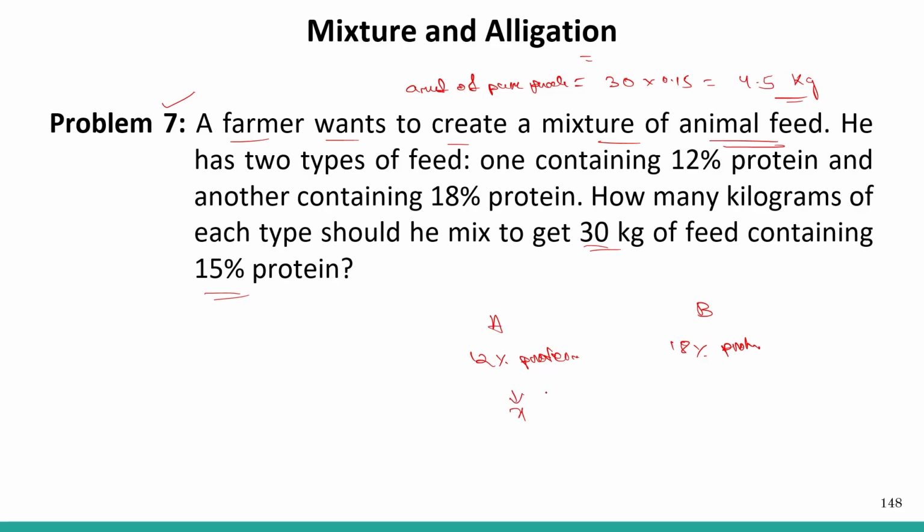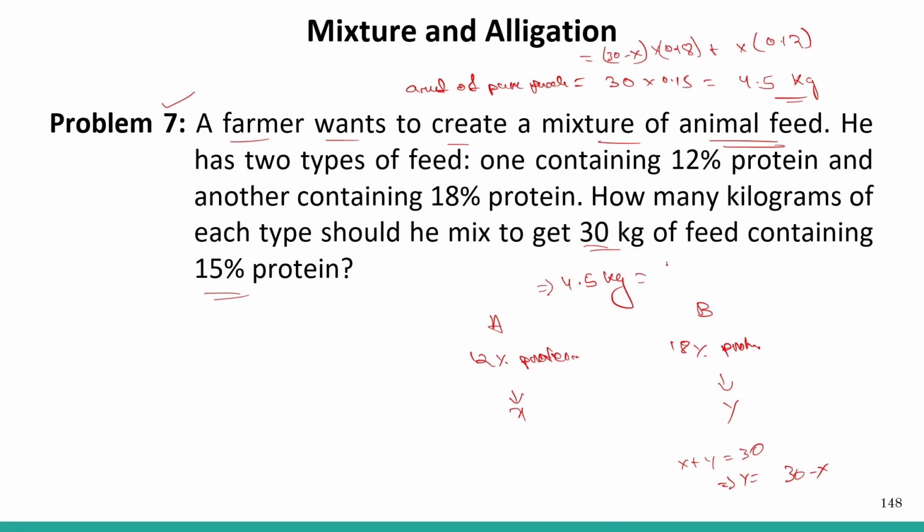So let me have x amount from A, and from B let it be y. But given that the whole mixture must be 30 kg, x plus y is equal to 30. This implies that y is equal to 30 minus x, right? So 30 minus x into 18% protein, that is 0.18. So this much added with x into 12%, so 0.12, right? So solving these two, what we are left with is 4.5 kg is equal to